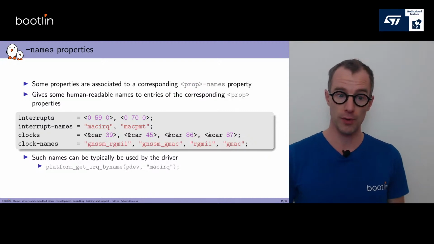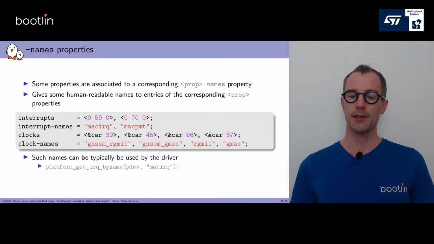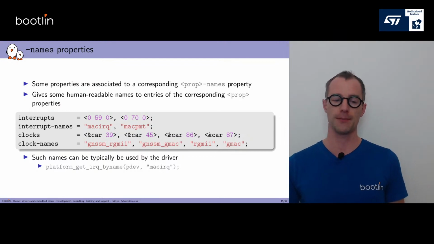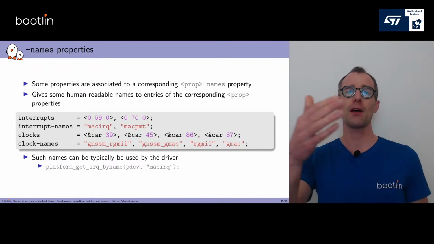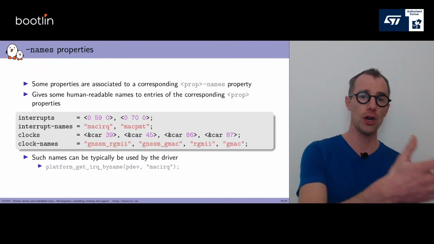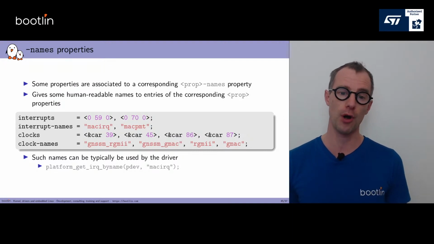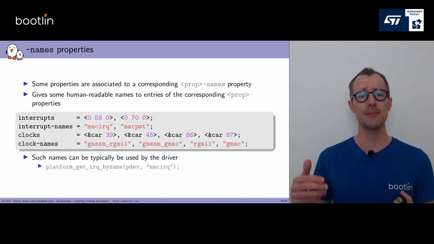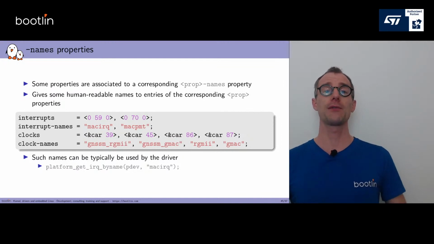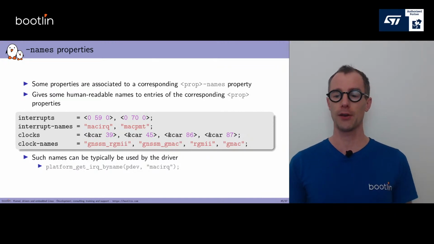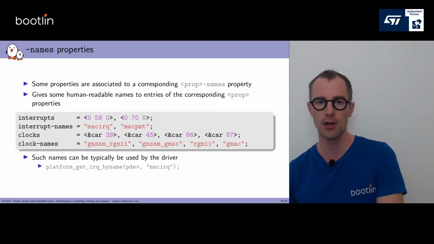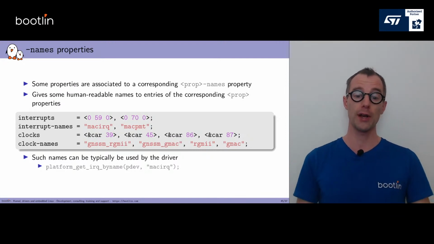These references to resources in various properties are sometimes associated with a corresponding prop-names property. So for example, for interrupts, you might have an interrupt-names property. For clocks, you might have a clock-names property, which are really tied with each other. Basically these names properties give nice human-readable names to the entries. So for example, here you have interrupts equal 0590, 070, and we can give names to those 2 entries, MAC